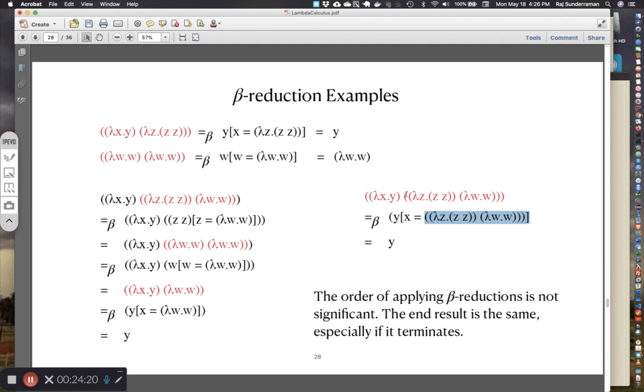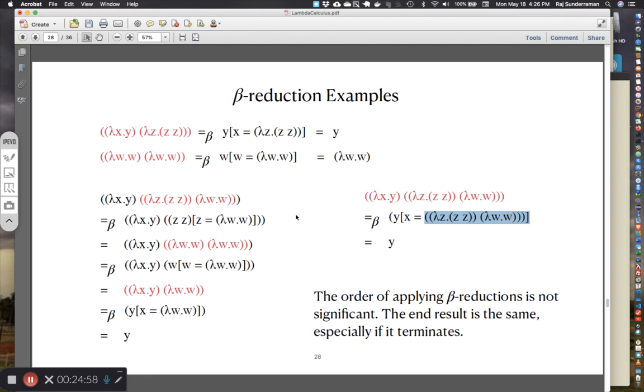right? So you can see that if you had chosen the first application, you would have reached the final answer in one beta reduction. But because you made the wrong choice, not the wrong choice, the longer choice, you chose this one, and again here you had a choice between those two. Again, you went to the second one. That's why you took 3 beta reductions before you reached y. Now in the second step, if you had chosen the first application, you might have reached y in 2 steps. So this is a good example where there are multiple choices of reduxes, and then depending on the choice, you may take longer or shorter time to reach the